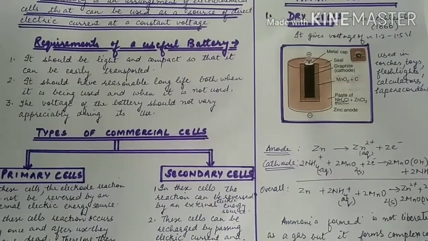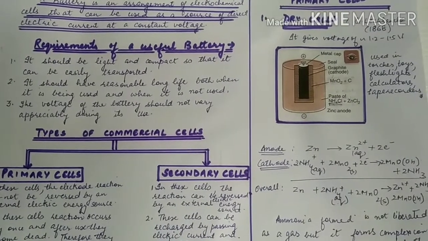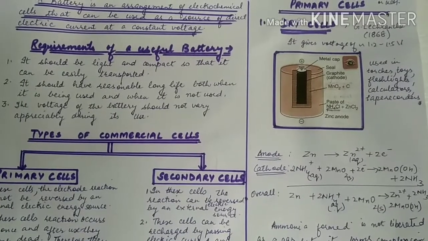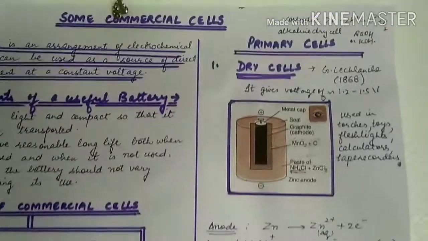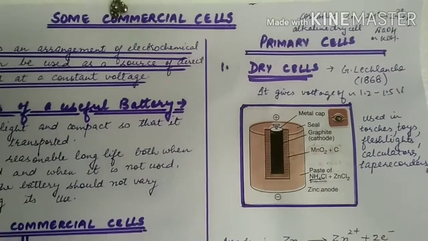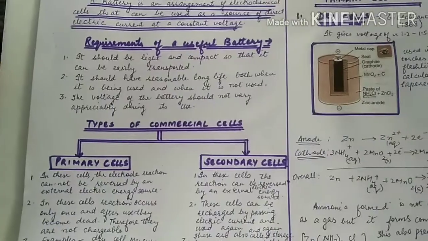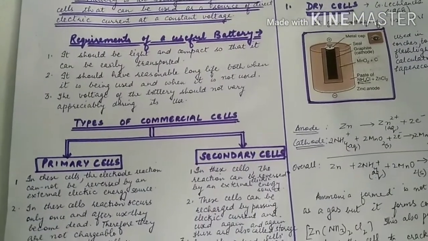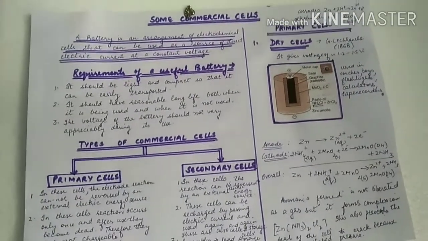Primary cell or dry cell: these are used in torches, toys, flashlights, calculators, tape recorders and many other devices, and are based on the Leclanché cell devised by G. Leclanché in 1868. Dry cell consists of a zinc cylinder which acts as the anode, and